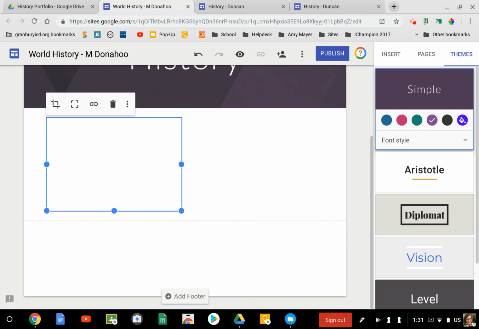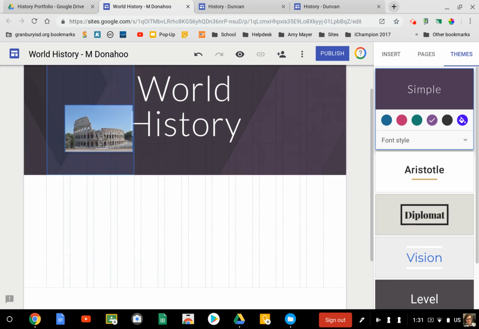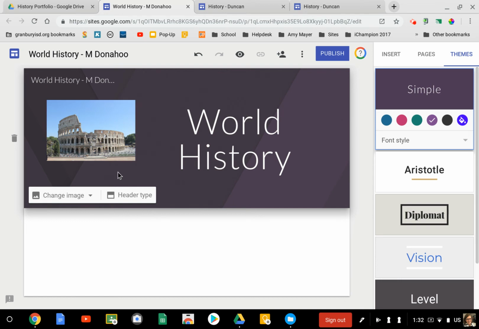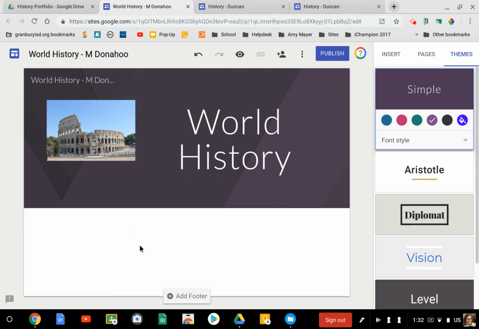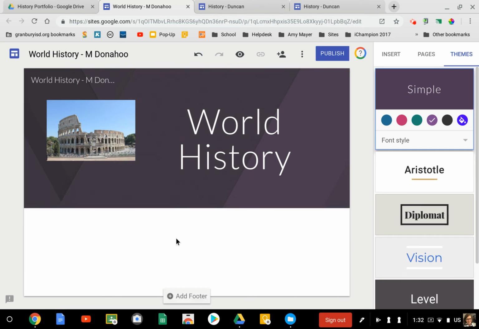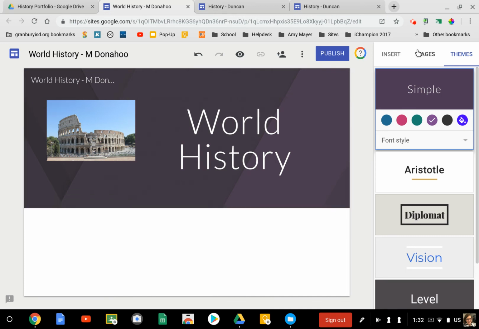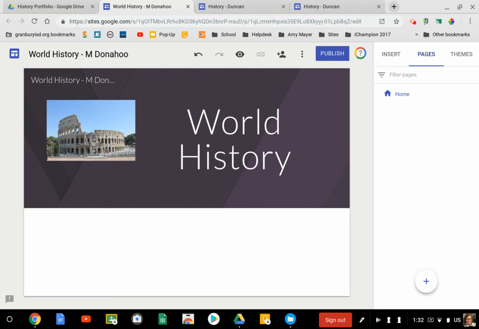it puts the picture here, but I'm going to go ahead and click on that picture and drag it up into the banner, and it will readjust your title and make it work for the size banner you have. So those are the first few steps. Another thing that you notice is here it says pages. I'm going to go ahead and click on pages, and I'm going to tell you the pages that you're going